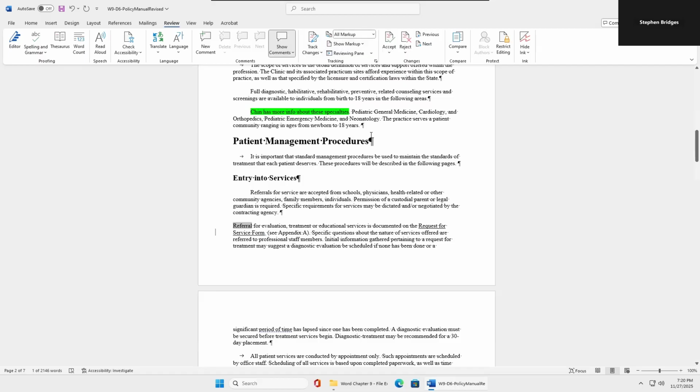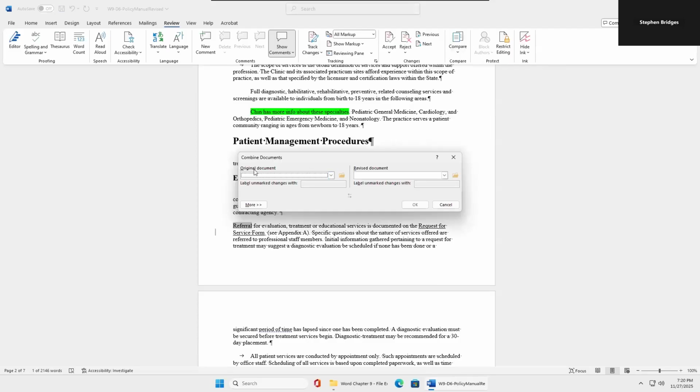Now we go to review, and then here is compare, and we will click the down arrow here, and now we're going to combine. We're combining an original document and then a revised document. These are the ones we're putting together. For this first one, we also need to use the More tab and select some options there. But first, we want to put in